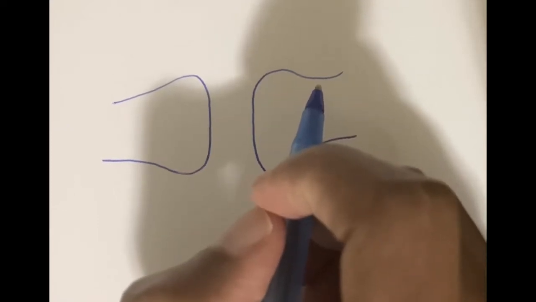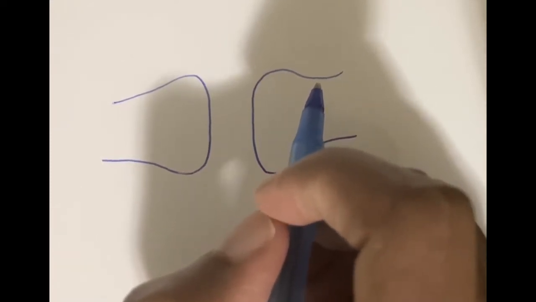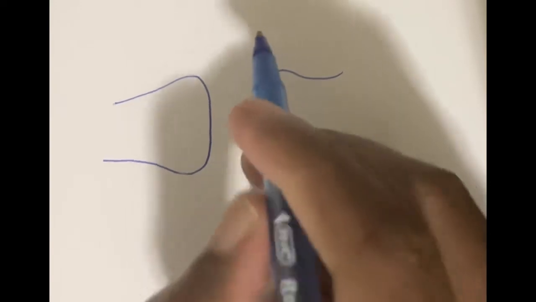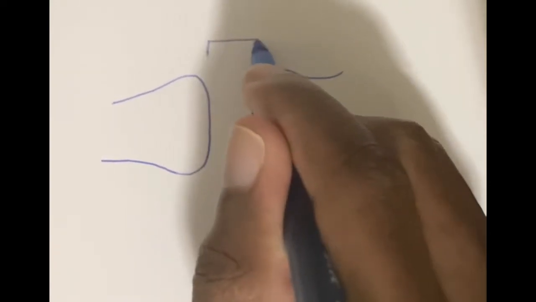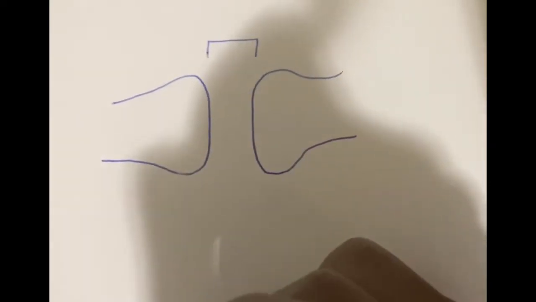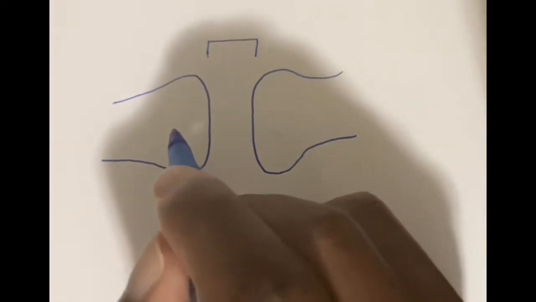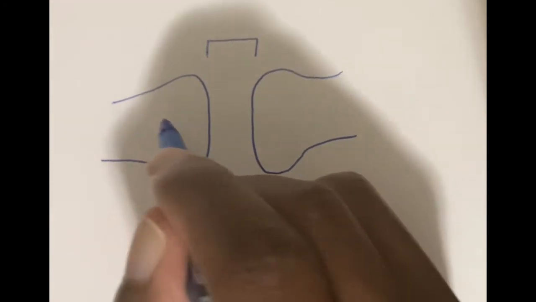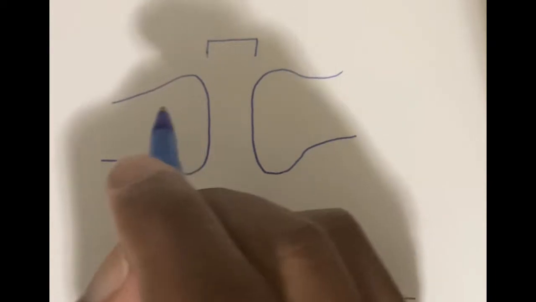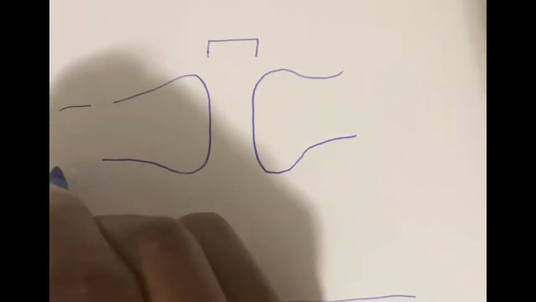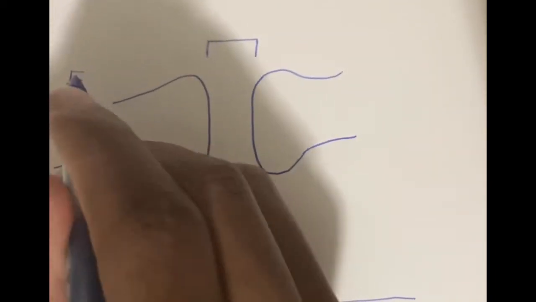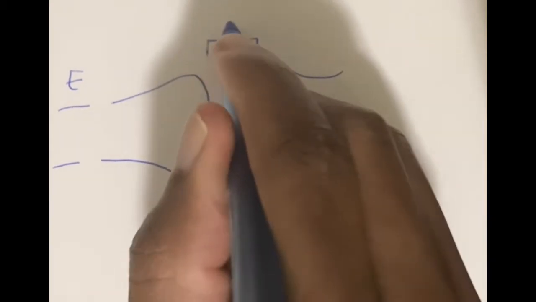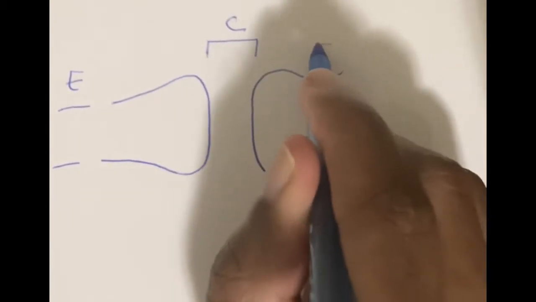Hello guys, in this video we'll be discussing what happens at the synapse. The synapse is simply the space between two neurons, and that's how neurons communicate, by sending signals from neuron 1 to neuron 2. The signals basically go from electrical to chemical here at the synapse, to electrical again at